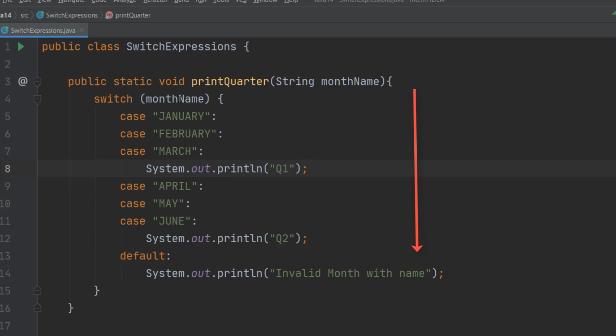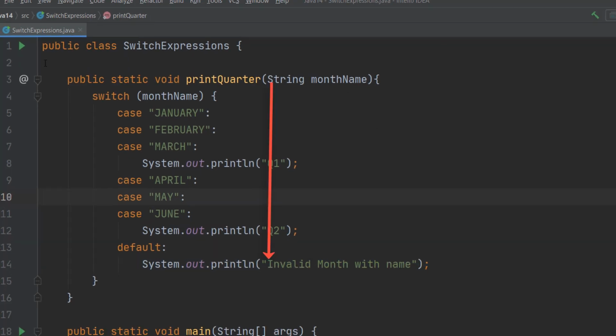Java switch has fall through semantics, which means it will match the month name with the case, and if it doesn't encounter a break, it will carry on to the next case and print the corresponding statements also. For example, if I pass March, it will match here. I don't have break here, so it will go through every case, and wherever it encounters statements, it will keep on executing until it reaches default. Let me run this and show you.